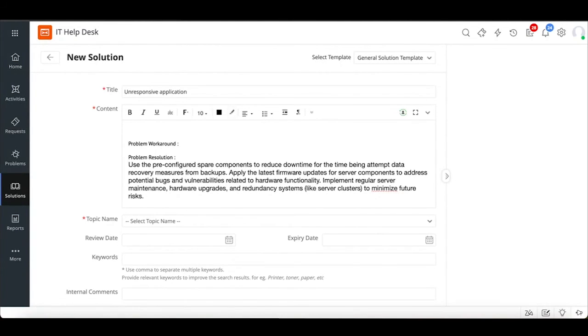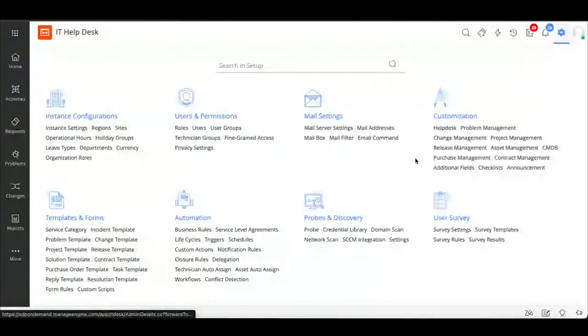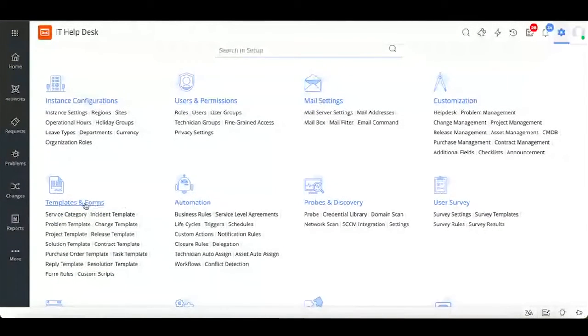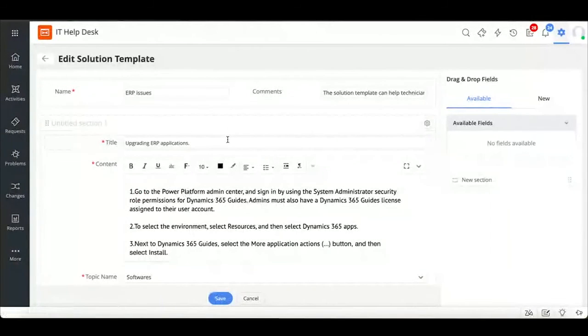So to do that, you can again go to Setup. And under Templates and Forms, you have Solution Template. So very similar to what we've been seeing with our incident and problem template, wherein you can go ahead and drag and drop different sections or data fields to make sure that you collect all the necessary details while the solution article is being created. So going back to the template that we were filling in,